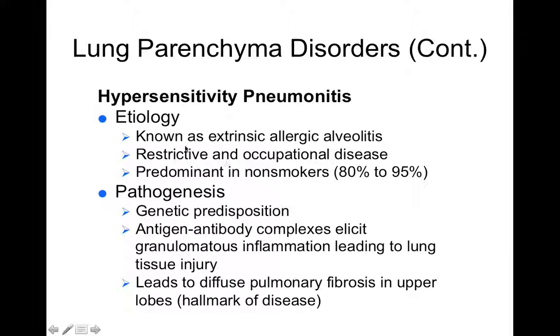Hypersensitivity pneumonitis is basically an extrinsic allergic alveolitis. It's a restrictive, occupational disease, predominantly in non-smokers. The pathogenesis is that there's a genetic predisposition to this, where antigen-antibody complexes elicit granulomatous inflammation, causing lung tissue injury. This leads to diffuse pulmonary fibrosis, and this fibrosis again restricts lung movement. So it's a restrictive disease of